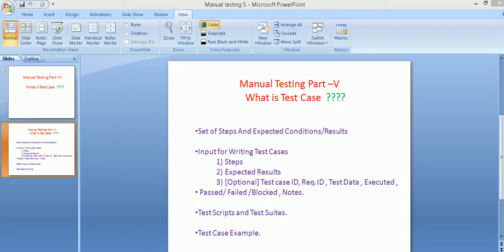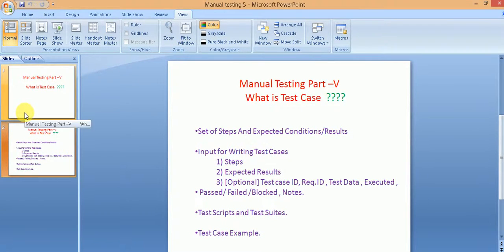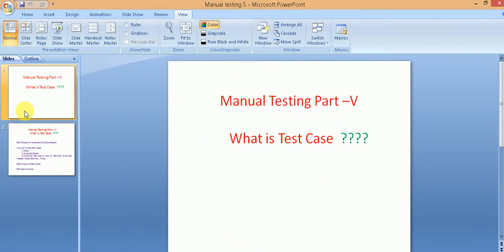And today's class is on what is a test case. Well, you may be a person who wants to learn about software testing and don't know much in that area, or you may be a person who is already working in the software industry, whether as a developer, an administrator, writer, production support, or any other role, and want to understand software testing.